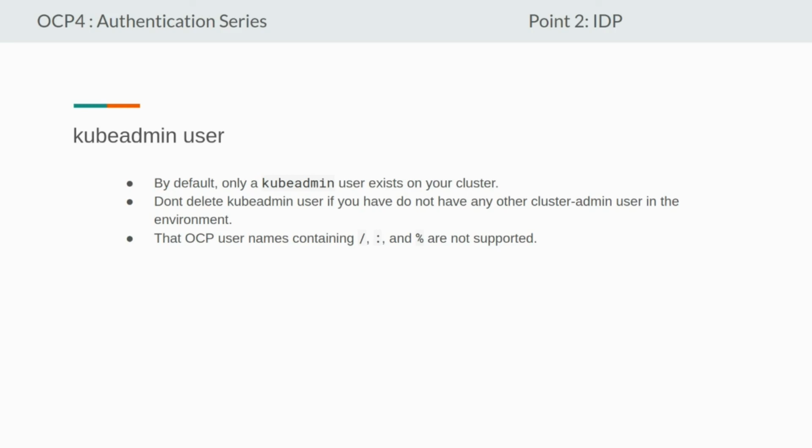Yeah, you heard it right. It is not possible to undo this action, so make sure you create another user with the cluster admin role and then delete the kubeadmin user. There is one more point. OCP usernames containing /, : and % are not supported.